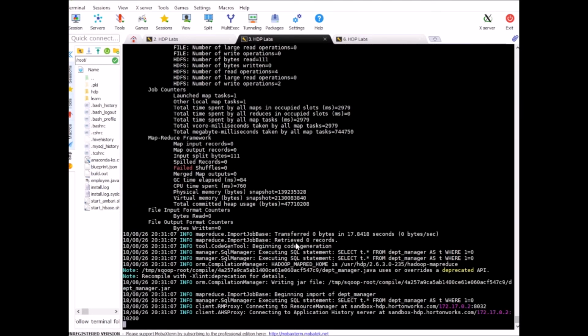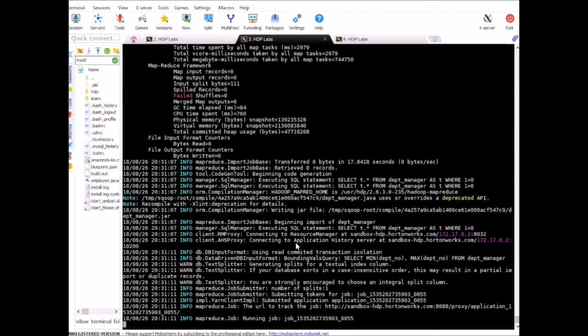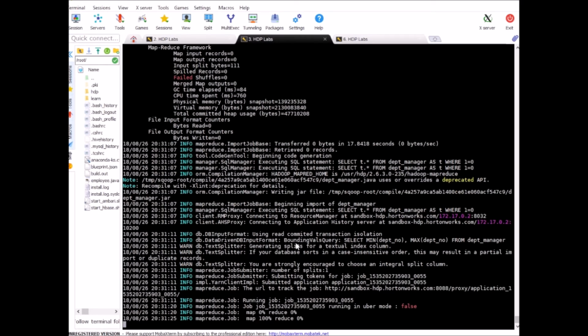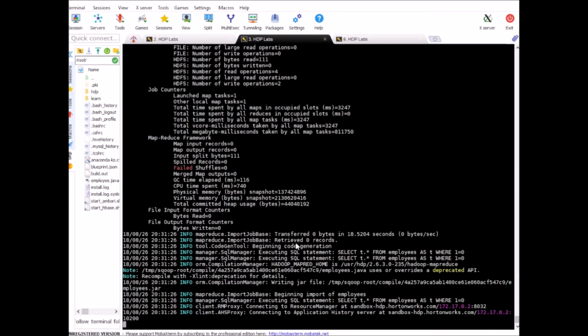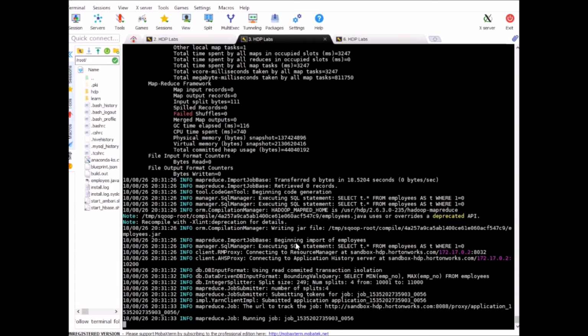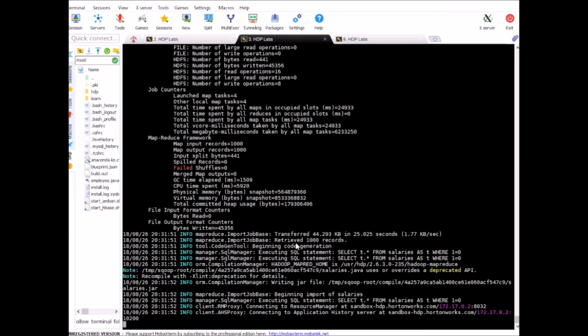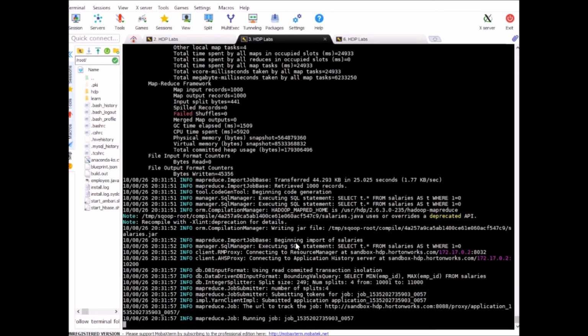Like we were doing in the previous sessions, we were running import commands for one table at a time. Right? If your source database has, let's say, 50 different tables, then if you go by the previous approach, you need to run the import statements at least 50 times. That's why this kind of feature was added in Sqoop, where we can tell it to import everything we need and exclude only the tables we don't need in HDFS. So this is a very handy feature of Sqoop, and that's how it is very useful and user friendly.